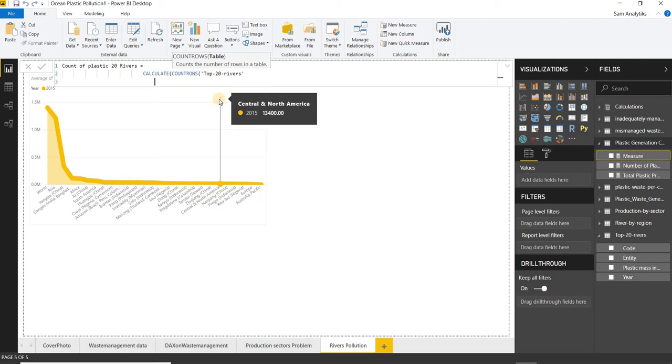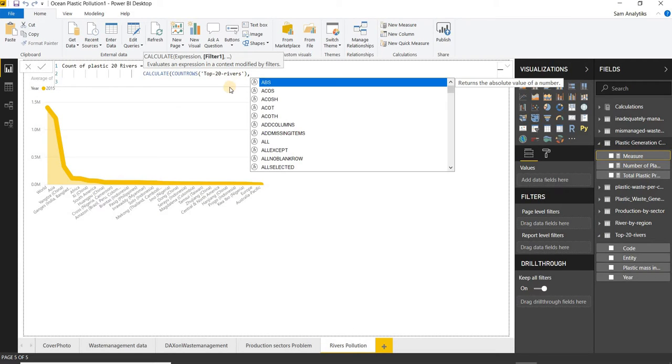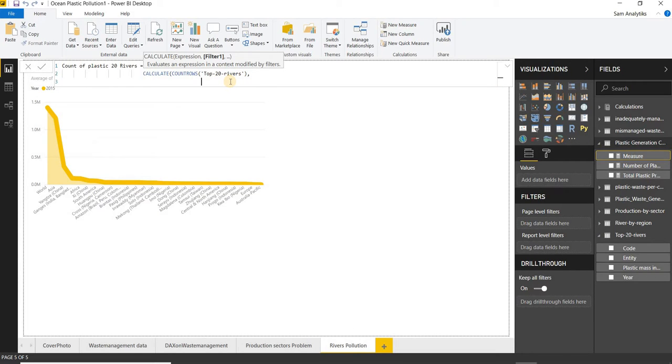I will now deploy the filter function in here, but I need to close this bracket and apply the comma to separate or segregate my tables and columns, and I have to write the filter.